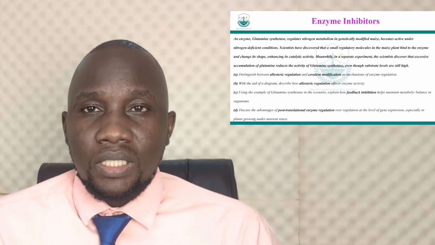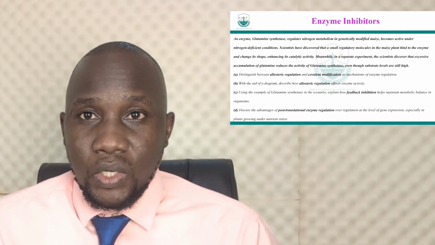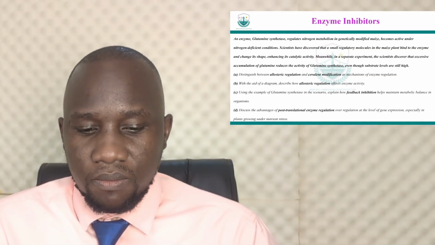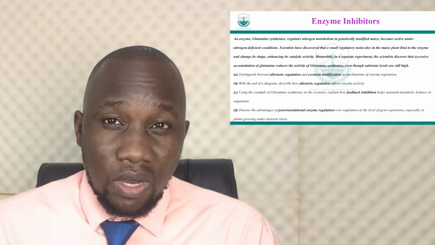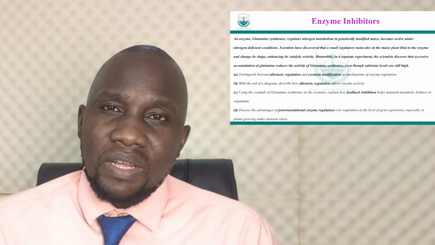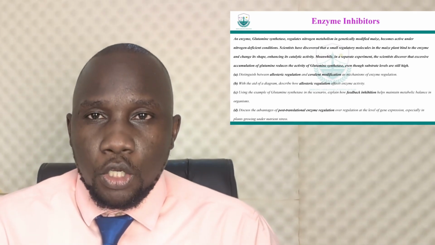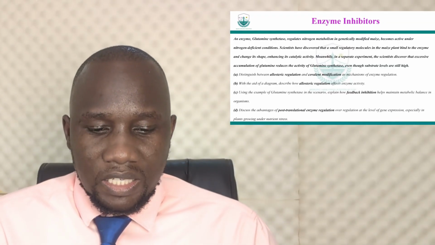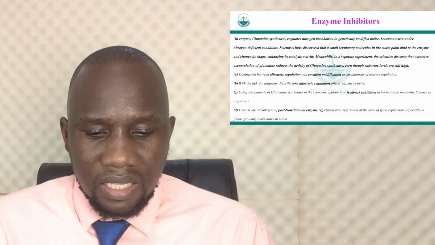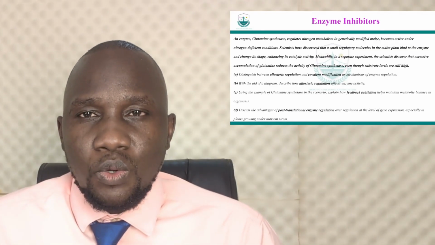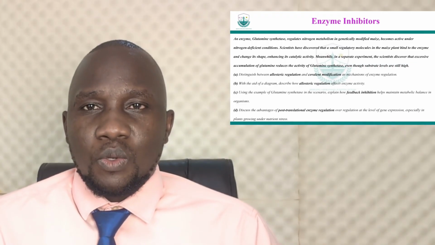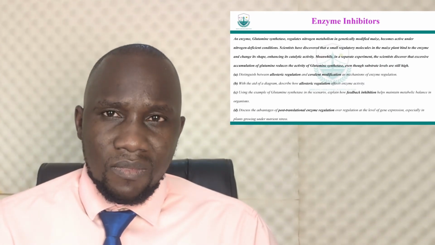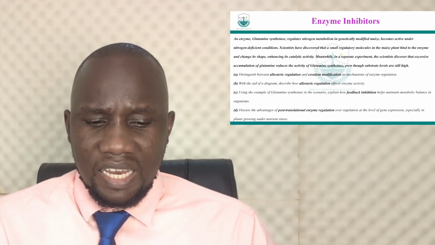One of the regulation types that we shall talk about, and that we need to know in this presentation, is allosteric regulation, and how it happens. The second one is covalent modification. What is it? We also need to understand that. The other thing we need to know is the feedback mechanism. When we talk about feedback mechanism in regulation of enzymes, what is it? Can we explain it, and why is it very important in maintaining balance?